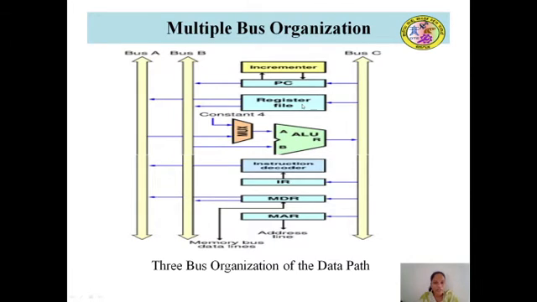Next is the register file. All the general purpose registers are grouped into a single block. We call it the register file. The register file contains 3 ports, 2 output ports and 1 input port. The input port transfers content through bus C to any of the registers in this register file. The 2 output ports are capable of transferring the content of 2 different registers from the register file to bus A and bus B at the same time.